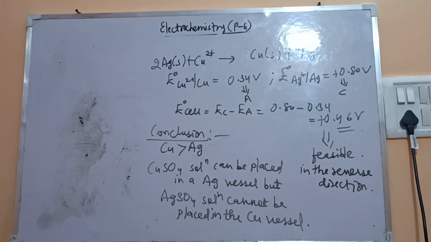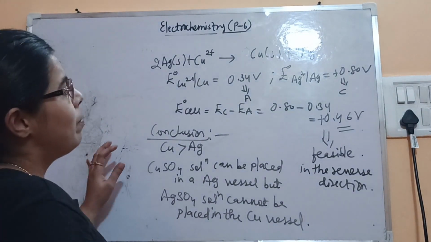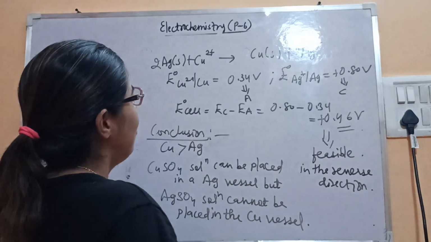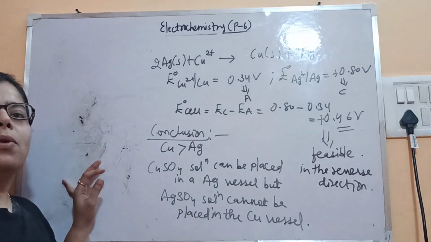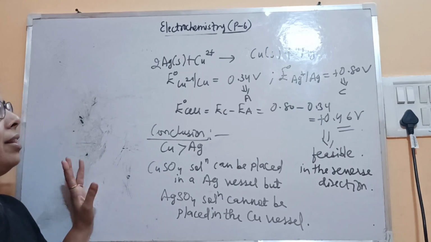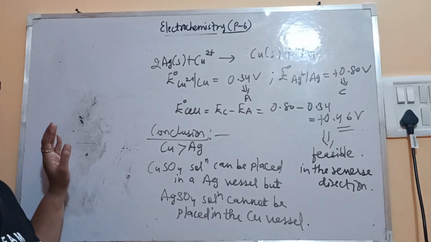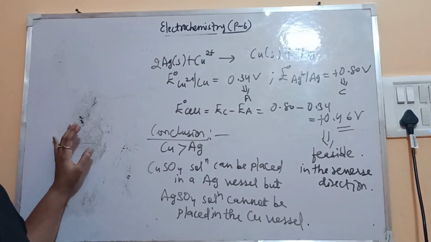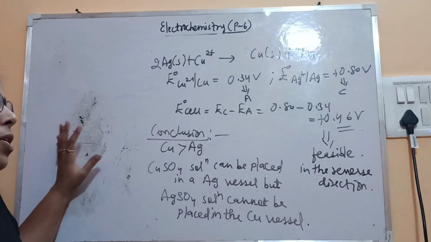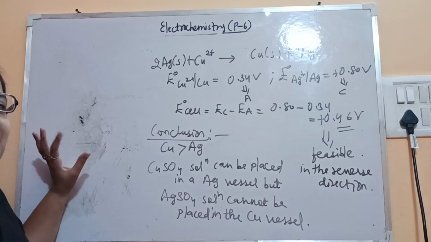Okay, so this is all about the electrochemical series. Okay. So what are the main applications? We can predict the feasibility of the reaction. We can predict whether a particular metal evolves hydrogen or not from its dilute acid. Then we can calculate E naught cell, and we can also tell which one is having more reducing power, which one is having more oxidizing power with the help of E naught values. So the whole game is played by the E naught values.